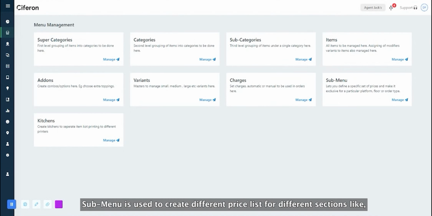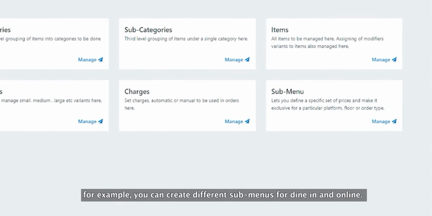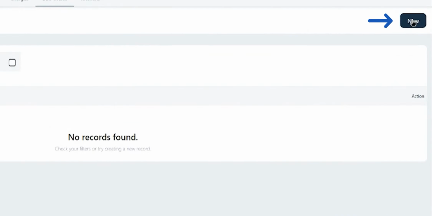Submenu is used to create different price lists for different sections. For example, you can create different submenus for dine-in and online. So how to create a submenu? Click on submenu, click new,